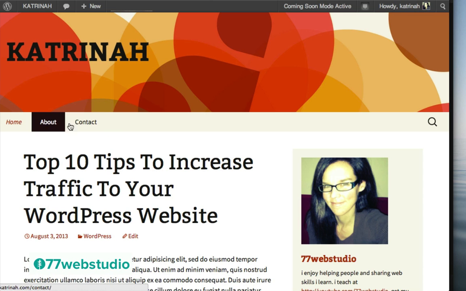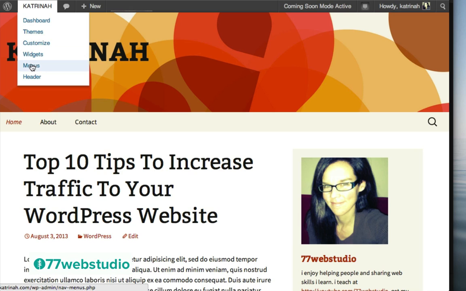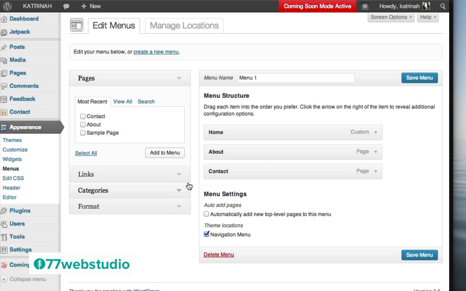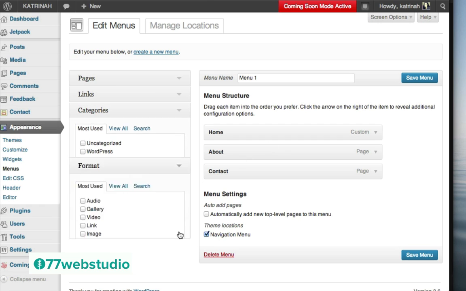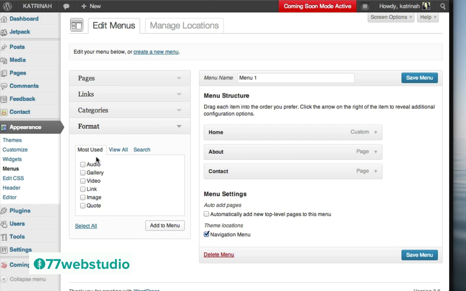The next step is to add the Photos item here in the menu navigation bar. So to do that, I'm going to go back up to the top, and I'm going to go directly to Menus by clicking on Menus. And here on the Menus page, I'm going to click on Categories. And okay, we can add any different categories if you'd like to the menu, but the one that I actually want to add is the format. So I want to add all the different galleries, photo galleries that I add to my website.